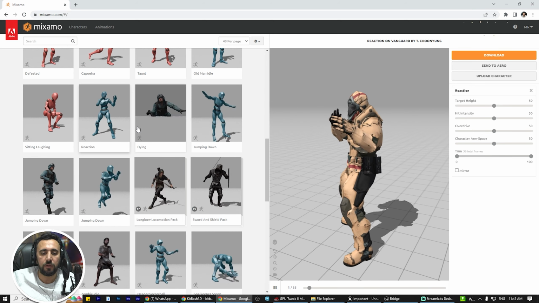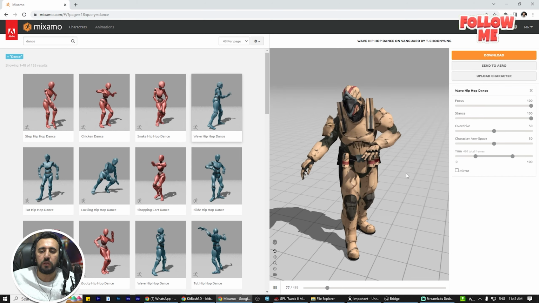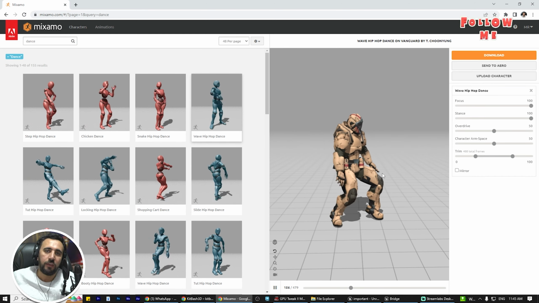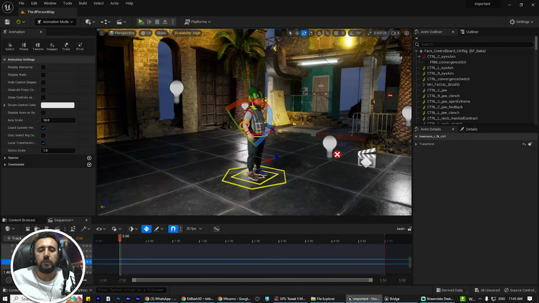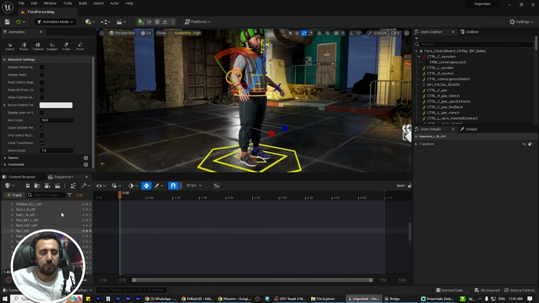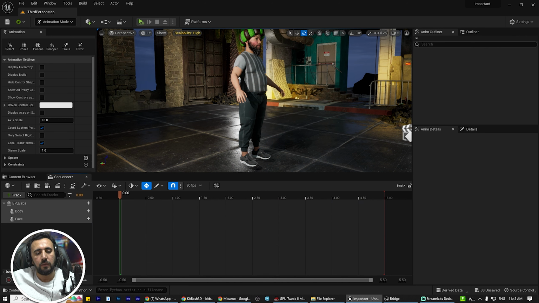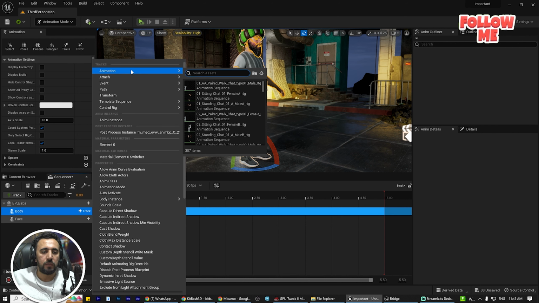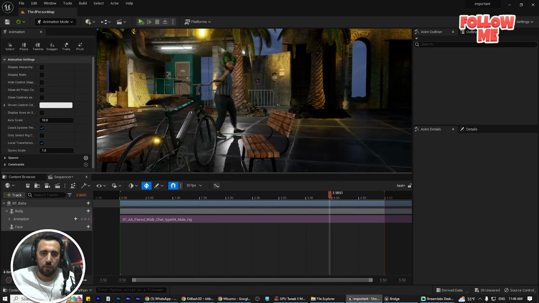You have a huge library with big, nice animation. So you can choose your animation from Mixamo for free, and you can add it to the MetaHuman character. Now we have this MetaHuman character. After I have a cinematic sequence like that, we need to delete all of those control rigs, and we can choose any animation, for example walk. Okay, nice. So now for example you can add your animation,